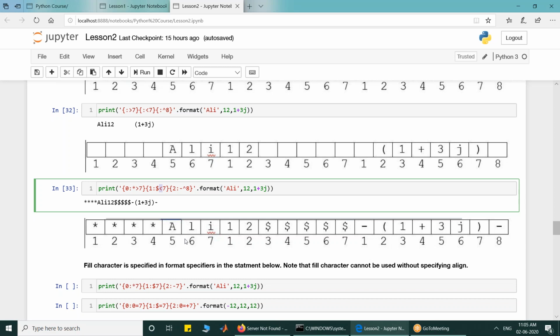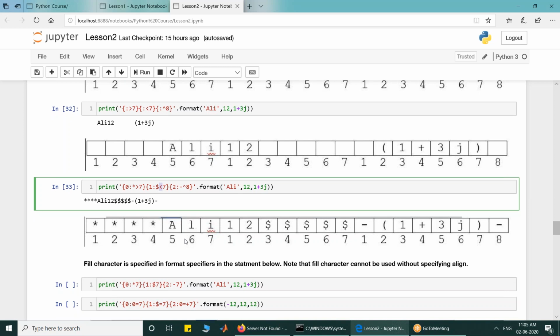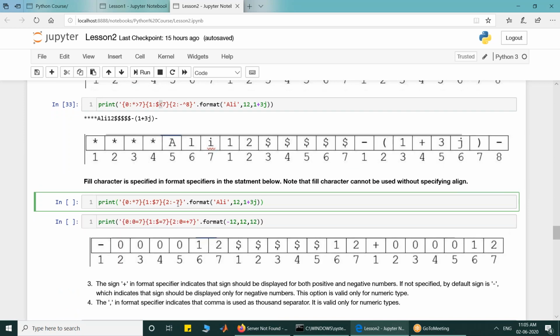Now come to the next. Look at this statement. What is the problem? I have written 0 star 7. Can you interpret what I have written? This is the index, this is for writing the format specifier, this is the fill character. Which side do we take, left or right? See, this is our left and this is our right.